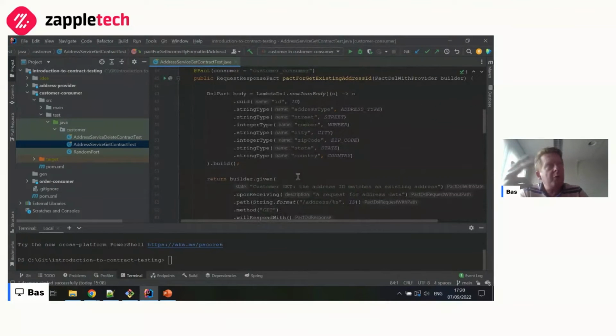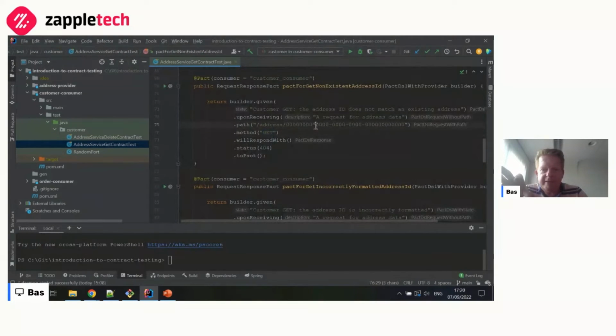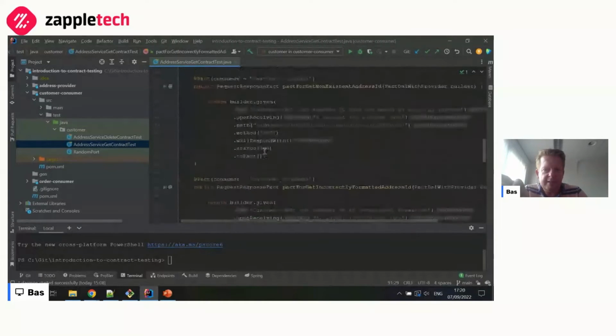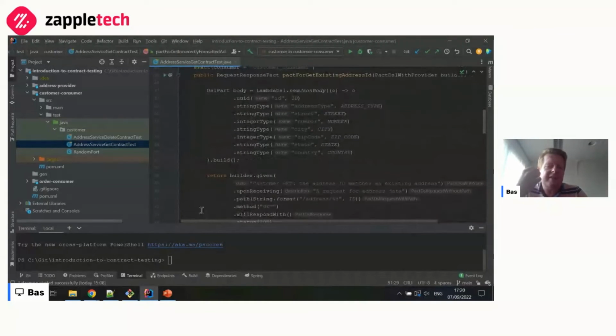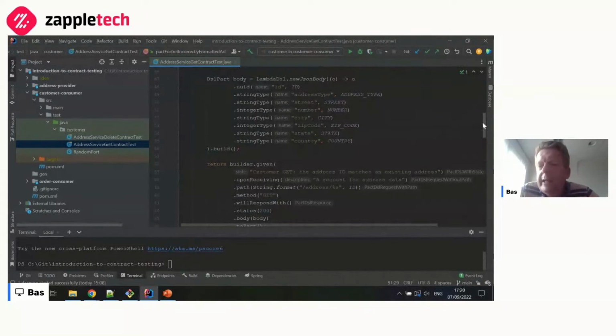So for the 404 and the 400 situations, the HTTP status code is really the only expectation that's written out. So for a GET, if the request looks like this, I expect the response to have a status 404 and a 400 for these two situations. The situation where I actually expect data, so the HTTP 200 situation, the OK situation, I have some additional expectations because I have some expectations as a consumer about the shape of the response, meaning what does the response data look like? I don't have expectations about the actual values because that's